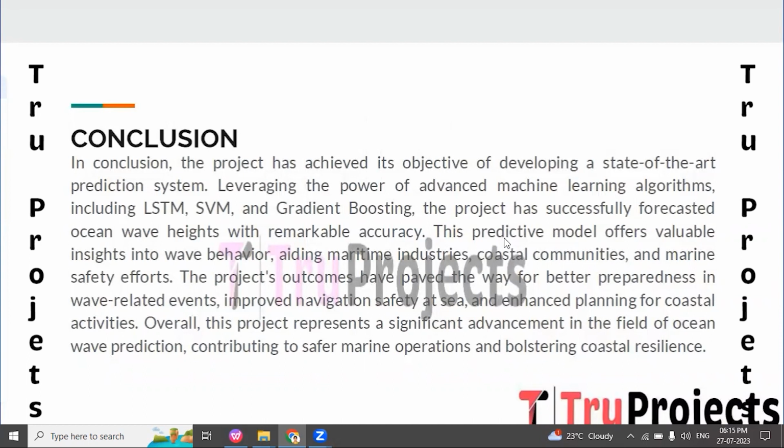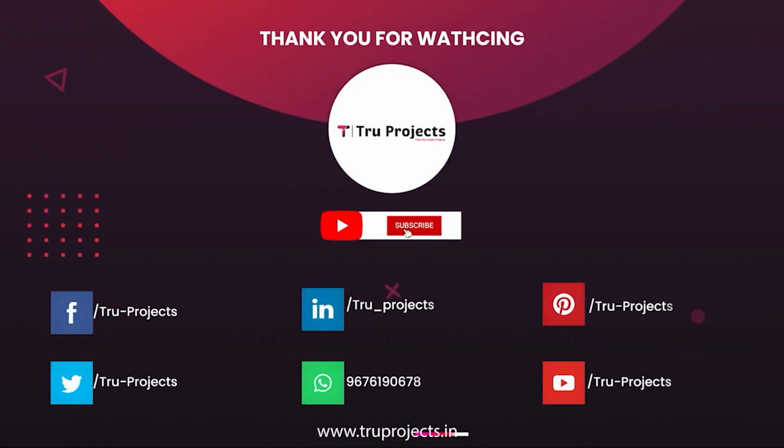The project's outcomes have paved the way for better preparedness for wave-related events, improved navigation safety at sea, and enhanced planning for coastal activities. Overall, this project represents a significant advancement in the field of ocean wave prediction, contributing to safer marine operations and coastal resilience.